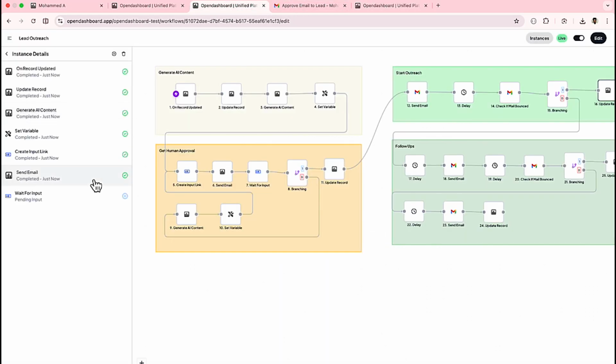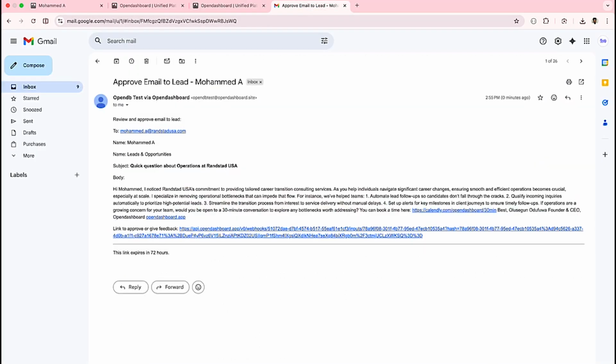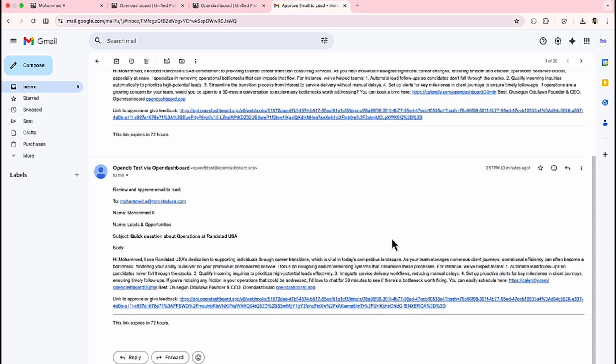Now we come back here. This is going to get picked up in a moment. Yeah, it has been picked up, and now it is following this step back and generating new content, and the new content has been generated and sent back to me. So I come back here. So it says that